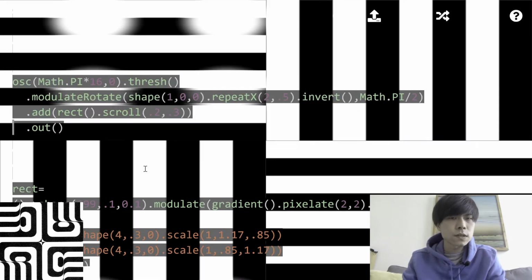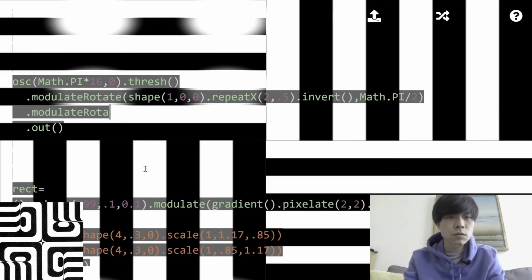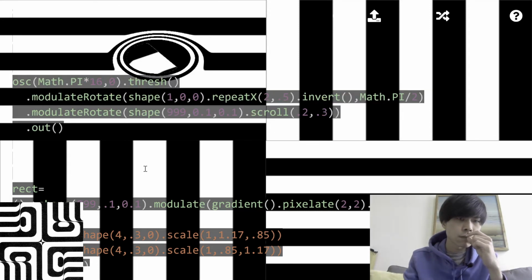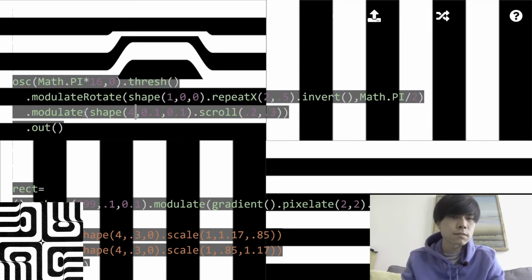What if I just say... Okay, so instead of add, just do modulate, rotate... Oh, what was it? shape 999, 0.1, 0.1, just a circle, and then scroll 2.3. Oh, I mean, it's clearly not what I want, but it's kind of interesting. Or it could be more just modulate. That's interesting, because you know what? What if, yeah, I can even just do like 4, and I mean, I came back to what I had before, but what if,